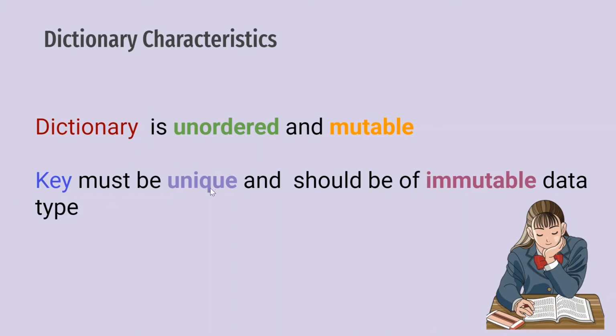So what does this mean? In your usual English dictionary, if I find a word, say the word apple, will I be able to find the same word again? No, I can only find one word once. If I find apple, there'll be a word apple, a meaning associated with apple, and that's it. You will never be able to find another word apple with a different meaning.